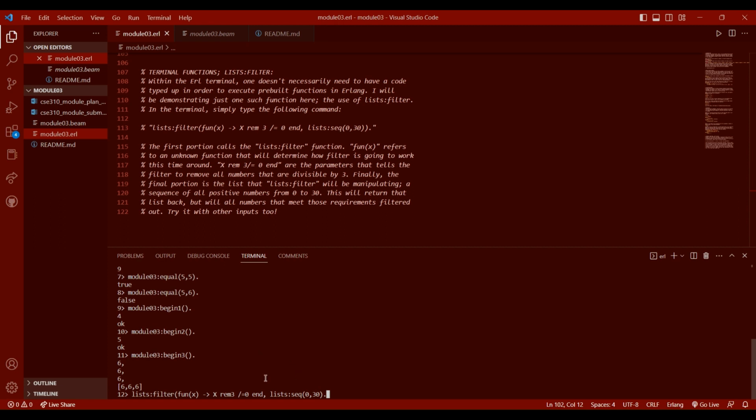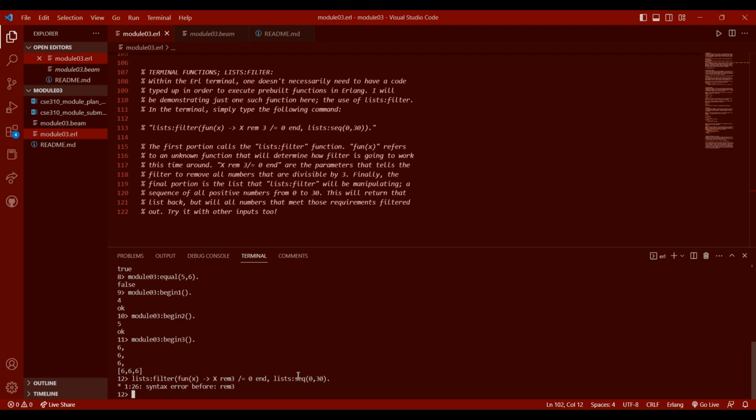And then I have right here, it's going to output every single number that isn't divisible by 3. Probably put a space right there. There we go. It's going to output every single number that isn't divisible by 3 into a new list. So I'm going to enter this. Oh, hang on. What did I do? Oh, okay. I see what I did wrong. Yet another thing I didn't put a space in. Now we're going to